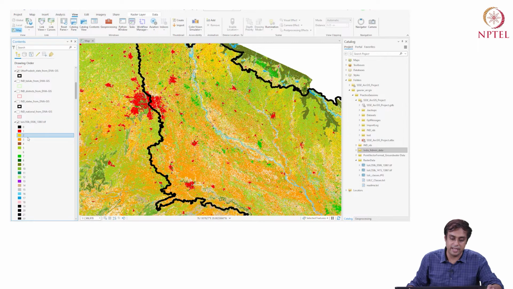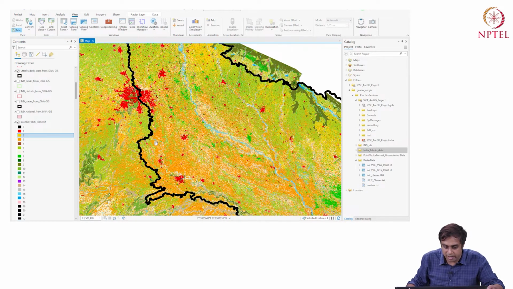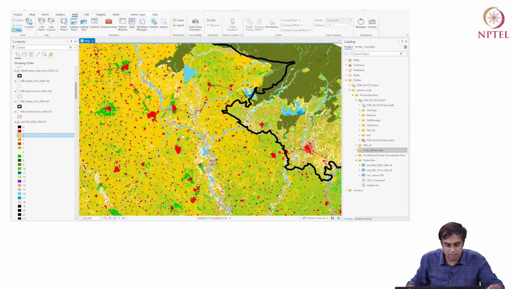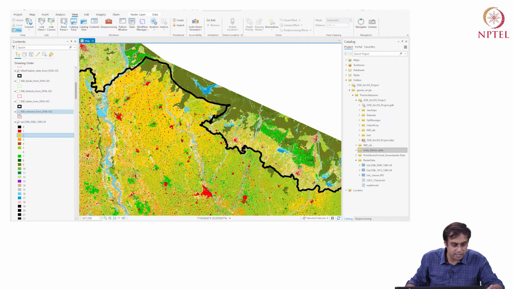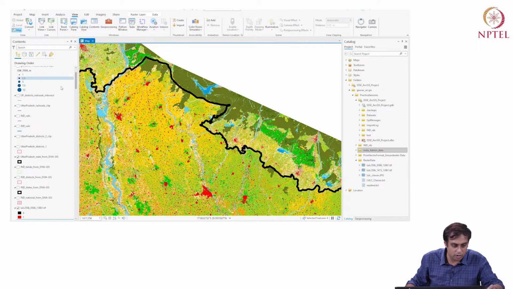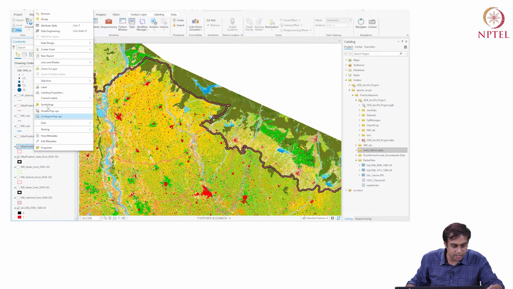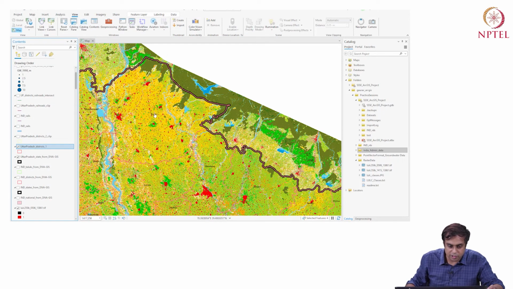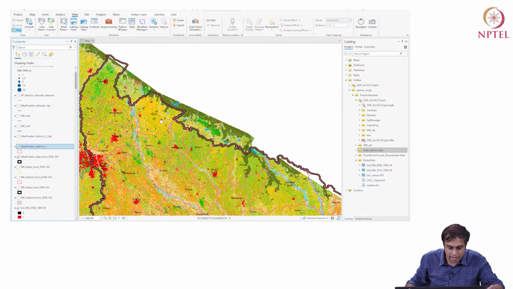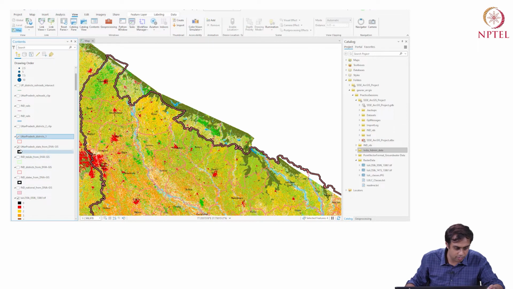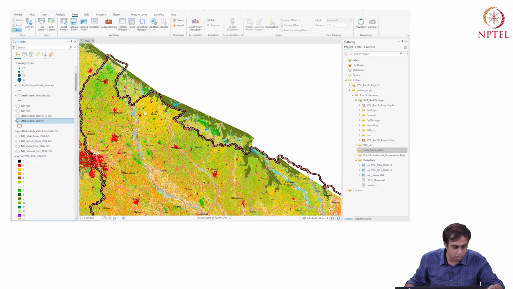2 is Kharif, which is yellow. Where do I see this yellow on my map? Well, I see a lot of it here, right? Where's this place? Well, let's look at the districts and let's see what this district is. Okay, I'm going to open the districts file. I'm going to label the districts. And I know that Bijnor has a lot of Kharif cropping going on. Just trying to bring these things up here. Okay, a lot of Kharif cropping going on in Bijnor.